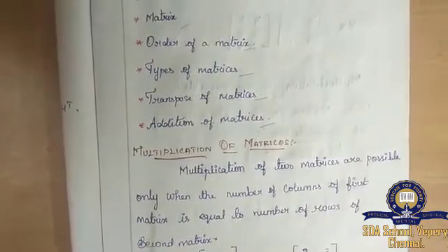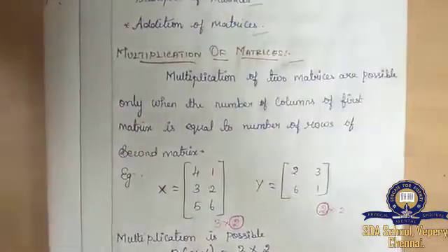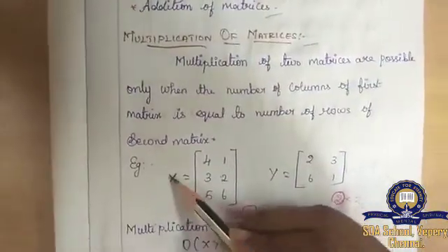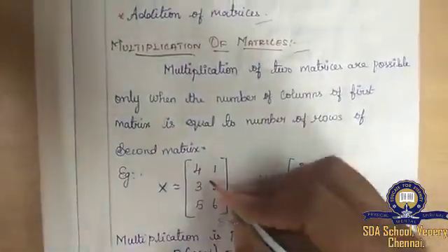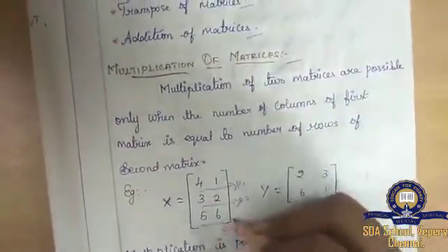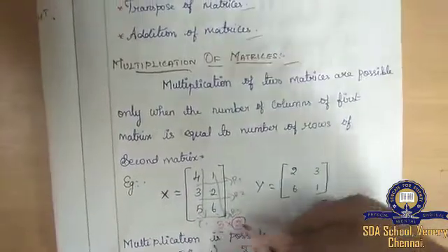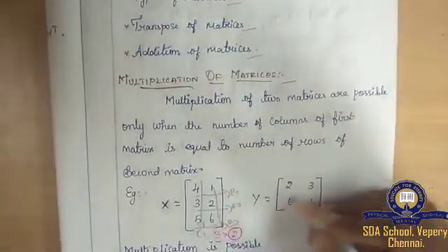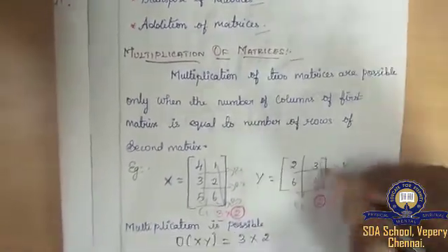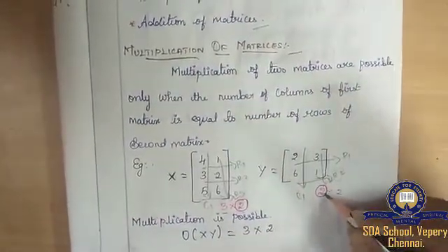Okay children, now it's time to start matrix multiplication. What is matrix multiplication? When is matrix multiplication possible? Let us have a look into that. Here I have taken two matrices, matrix X and matrix Y. Matrix X is of order 3 by 2. This is row 1, row 2 and row 3. This is column 1 and column 2. So here I have 3 rows and 2 columns. Am I right? So what is the order of matrix Y? This is R1, R2. This is C1 and C2. So here I have 2 rows and 2 columns, so the order of this matrix is 2 by 2.